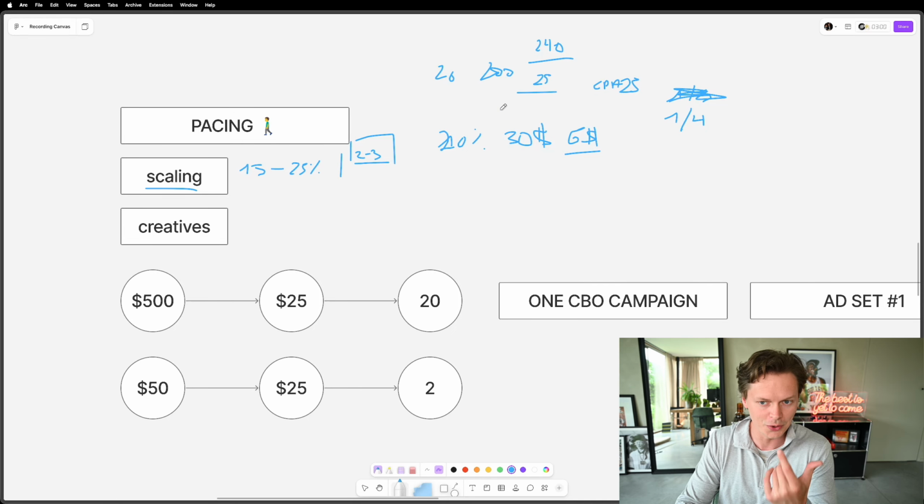So you're gaining a new conversion extra, almost 2 conversions extra just through one sales cycle. So what you would do here is you would scale like 25% just to get that extra conversion in there, and you have 2 new conversions every single day now that you scaled. So you